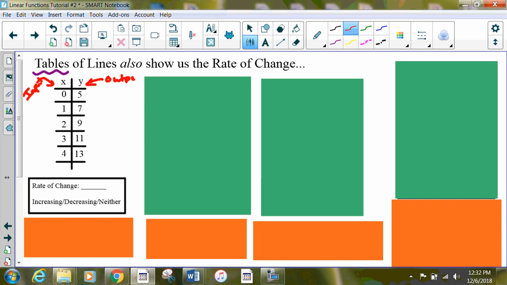of the table, right? So we can see that our input is going by ones. We're going down 0, 1, 2, 3, 4. Well, that's boring. But our output is doing something totally different. Our output is,